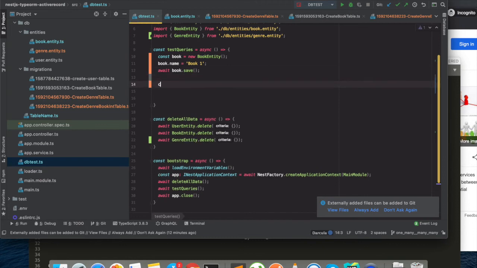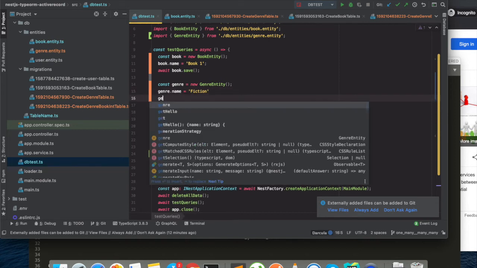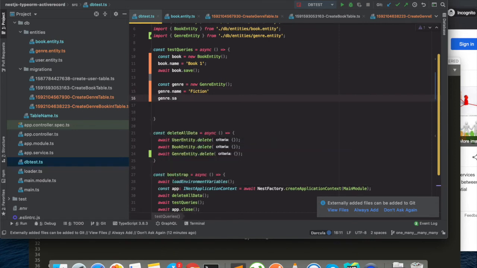Now we are going to create one genre. So const genre is equal to new genre entity, genre dot name is equal to, description, genre dot save. Now let's run this and see what's happening.